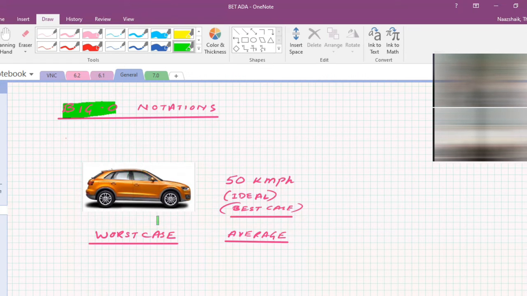Suppose you want to purchase a car. You go read up its descriptions, and you will always see that for any vehicle, the manufacturer would have told you this vehicle will perform at so and so speed. Say this performs at 50 kilometers per hour. This is the performance of this car. But what they are actually quoting,